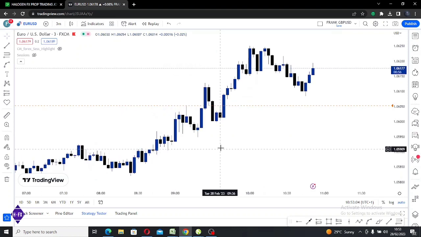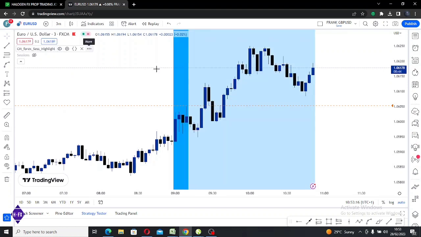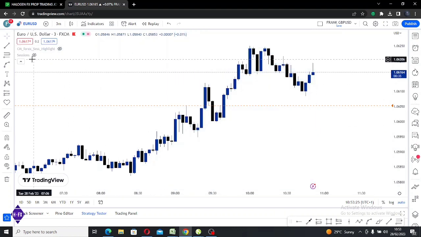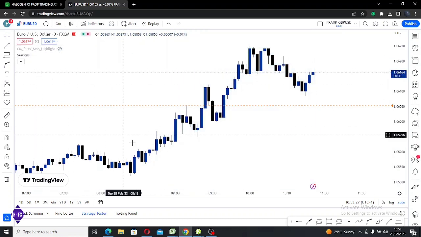Like I told you, I trade the London session and the New York session. Now I have an indicator that shows when the London session opens and when the New York session opens. I can see it on the left side of the screen. If I turn it on, you see this blue area shows the London session area. If I turn on the other one, which is the New York session, it shows